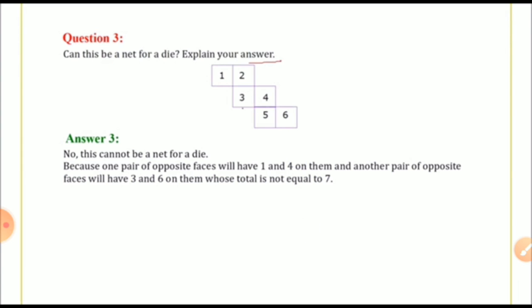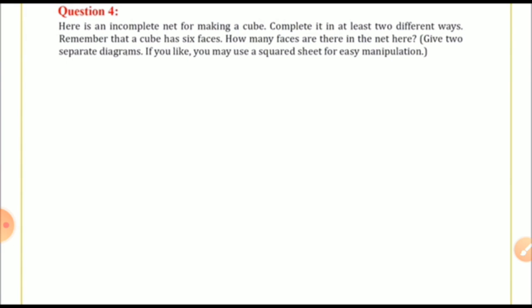Is it better? Yes, look here. You can make these types of paper cutting, write down the numbers, and then fold according to the line. You will not get a perfect dice, because in a perfect dice the opposite faces total should be 7. Here it is not equal to 7 for two pairs, 1 and 4 and 3 and 6. 1 and 4 will give you a 5, 3 and 6 give you a 9.